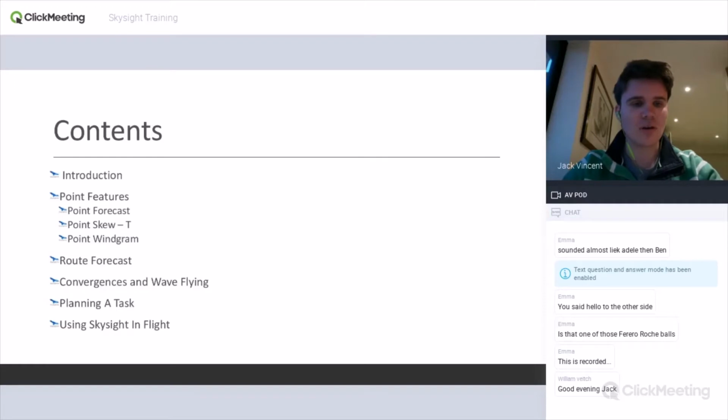So this evening I'll do a brief introduction as to what Skysight is and what we can do with it. I'll then go through what Skysight call the point features. So we'll look at the point forecast, a point SQT, a point windgram. We'll then look at how we can use Skysight to produce a route forecast,